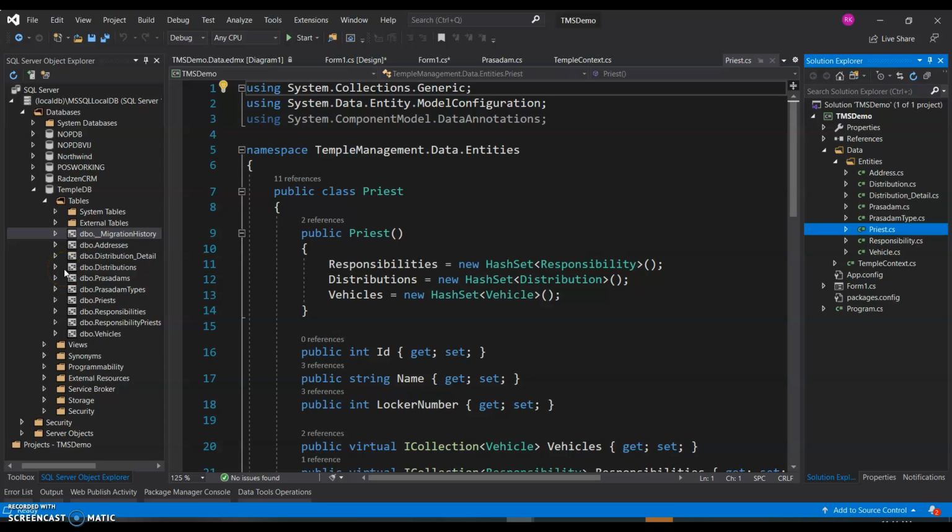How did we go about this 10-12 years back, without Entity Framework, or even now if you are not using Entity Framework in current projects? Whatever changes you make in the model, you have to make a note of them and have suitable SQL scripts ready to make the changes in the production or test database also.